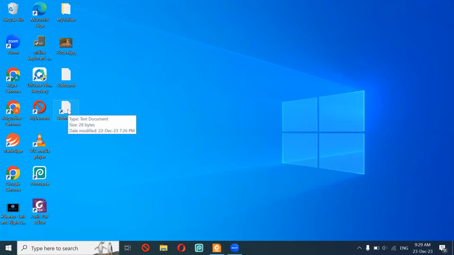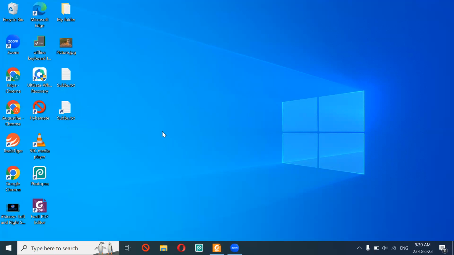So now that file is deleted. Okay. So what happens now? My file is gone. So if I keep anything on the desktop, there is a risk of that file being deleted by someone else. But if I have a shortcut,